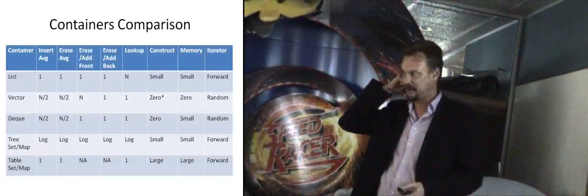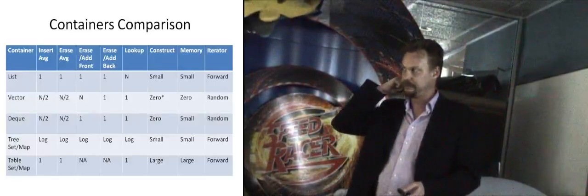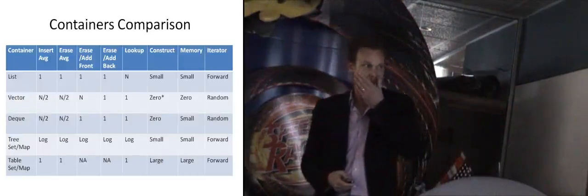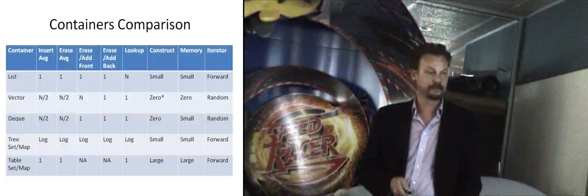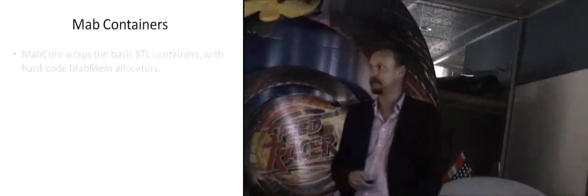It's case by case. We're going to be adding this table to the wiki somewhere, so we use it as a reference point for people. And like I said, we'll be adding the fragmentation characteristics as well, plus also the specific containers like the unordered sets and the hash maps or hash indexes and stuff like that.